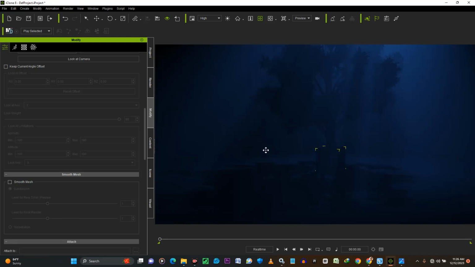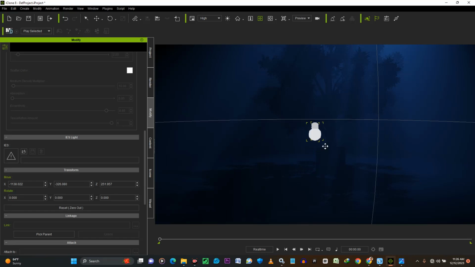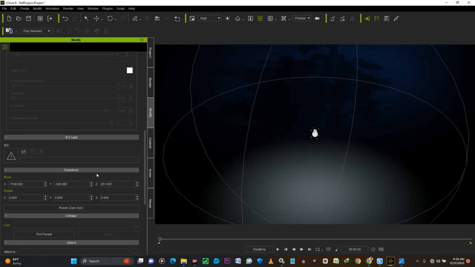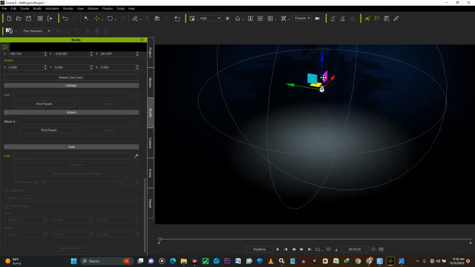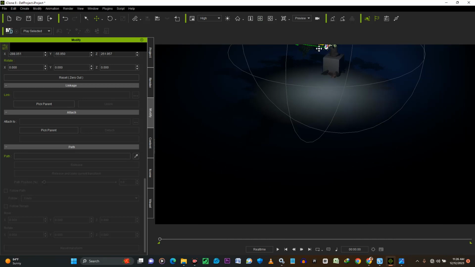So as I said, we want another light, and this light has to be a point light, and the point light will create a good shadow for us. So point light, this one, click on the point light, and it will appear where you just try to pick. The point light is right over there. One thing about this light, there is no option of looking at, but you can just pull this light where it will be close to your object, and you want this light to be near the tree. I'm trying to find the tree. The tree is, I think, just right over there. Okay, so this light will reach there,